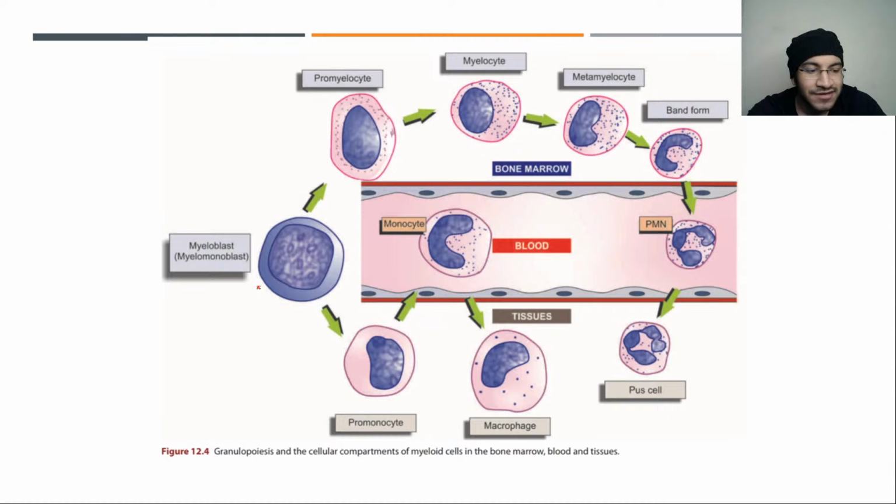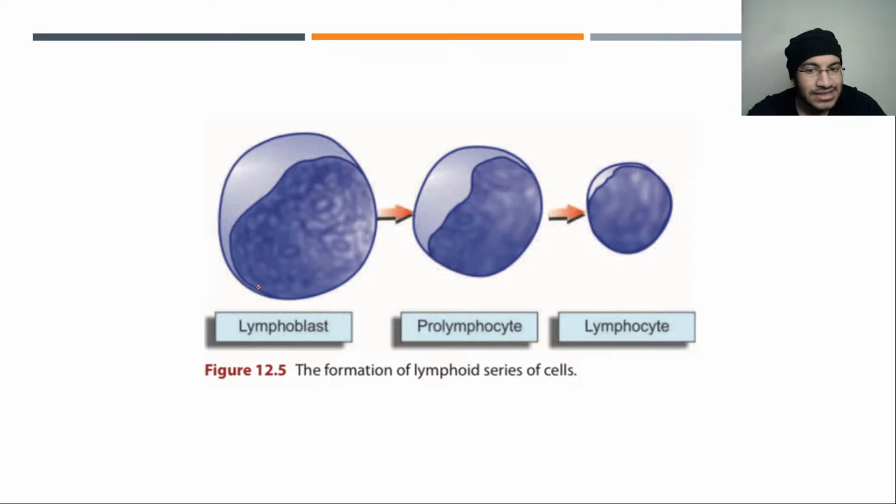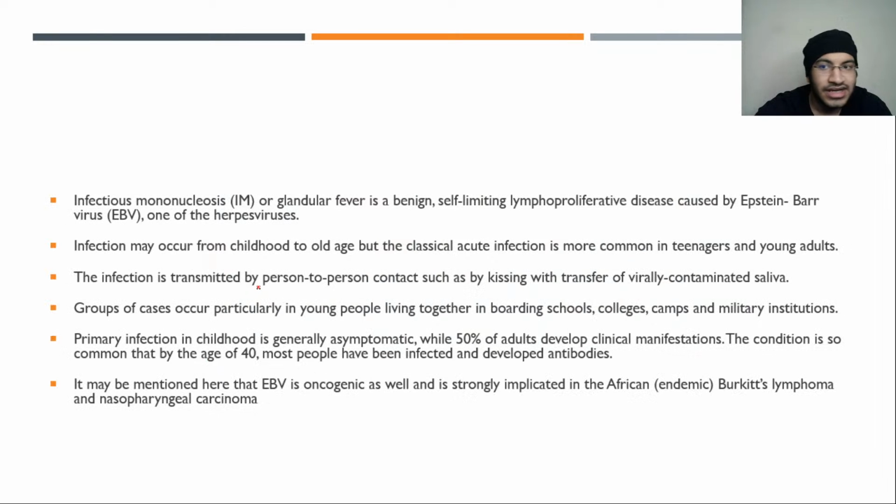Then this myeloblast will be giving rise to promonocyte, and this promonocyte will be converting to the monocyte, and this monocyte will be further converting to the macrophage, right? So myeloblast will be giving rise to the neutrophils and pus cells, and myeloblast will also give rise to monocyte as well. Then in the lymphoid series, lymphoblast is converted to the prolymphocyte, and this prolymphocyte will be converted to the lymphocyte, right? And infectious mononucleosis, so this is also called kissing disease,